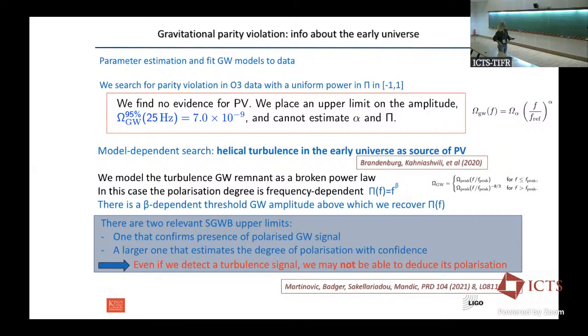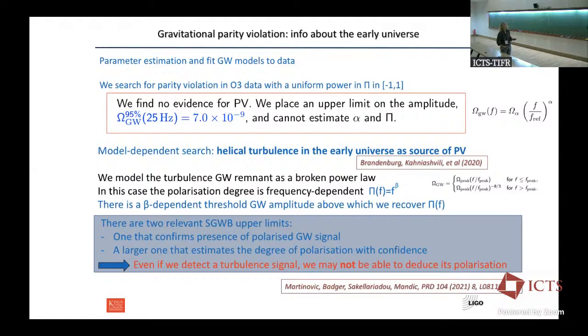We model the turbulence like a broken power law, and the position where the power law changes depends on the frequency, and that will lead to a parity violation degree which is